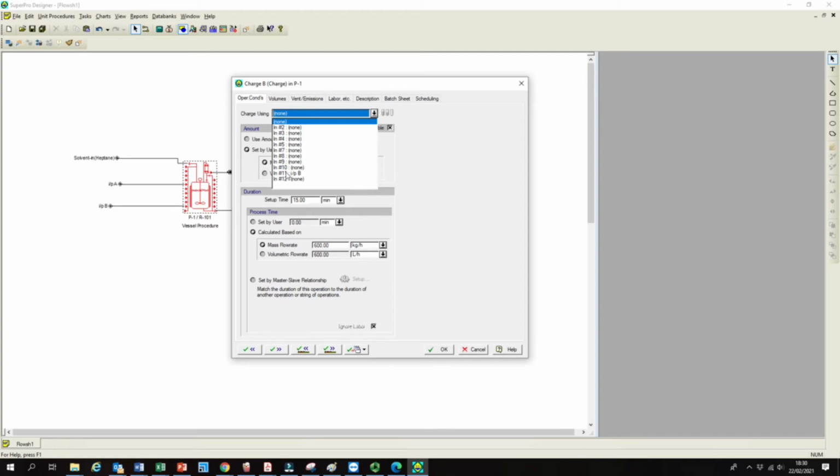Just select input B, and then how much mass we need to add. Let's add 40 kilograms. You can even add say 60 kgs. Yeah, there is no rule like that. But let's put setup time of 5 minutes and say we are going to load this for 30 or 40 minutes. Let's put 20 minutes. So whatever the time which you are giving now, like setup time of 5 minutes, process time of 20 minutes, everything you will see